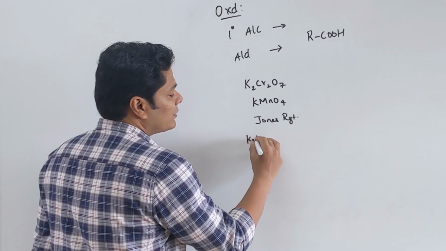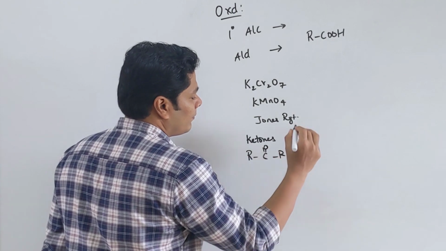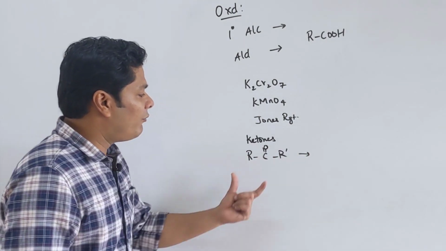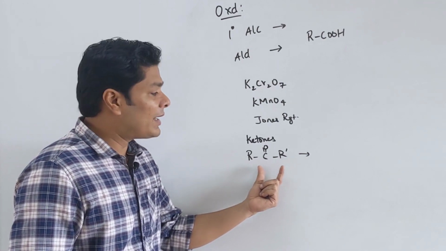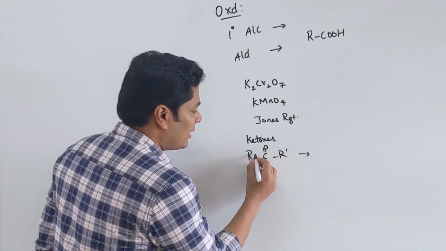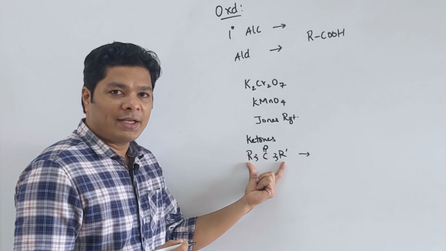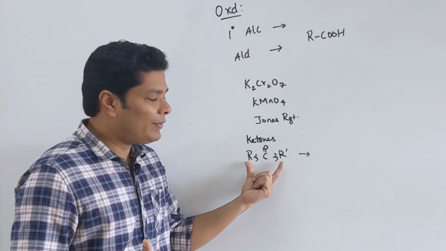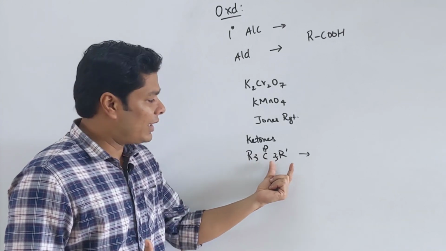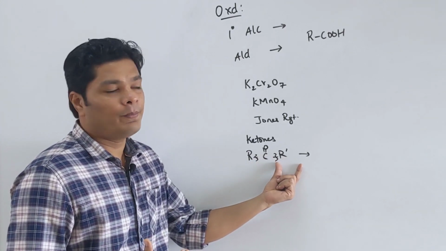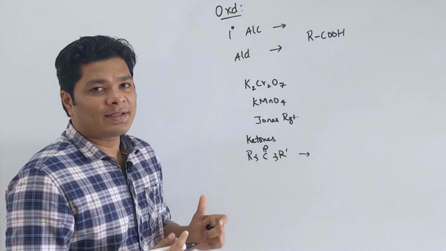When it comes to ketones, vigorous oxidation can cleave the ketonic bond, which is actually very stable, and give you the corresponding acids. Now, does it cleave here or does it cleave here? It will depend on what type of R and R prime groups are attached. You don't have that in your syllabus. If at all they give you, then just count the number of carbons, and if there is a cleavage here, then you can count out what is going to be here. That is too simple for you. But these are the basic ways of oxidizing any given compound into the corresponding acid.